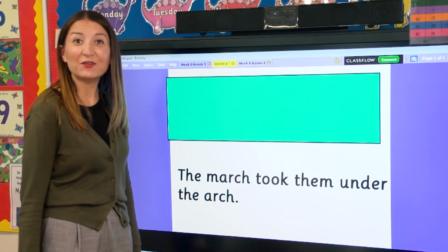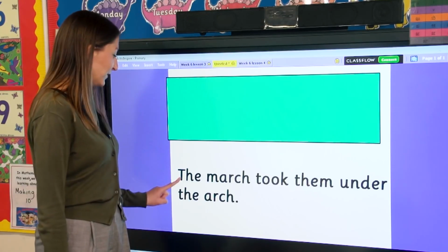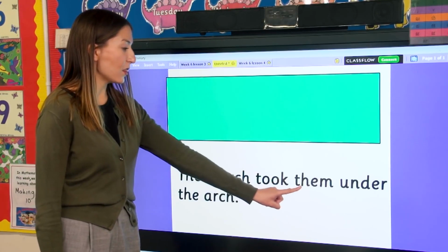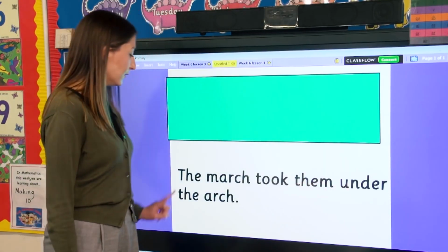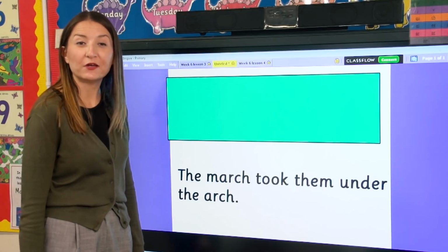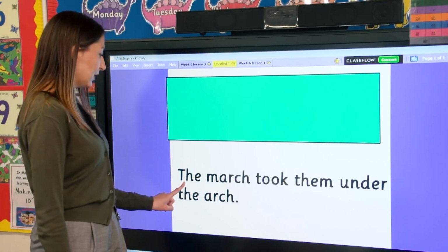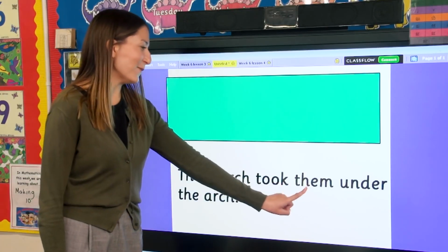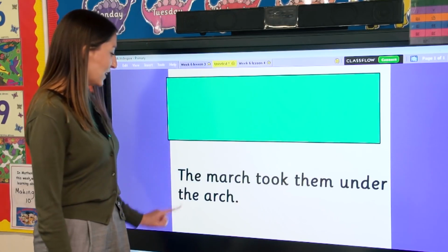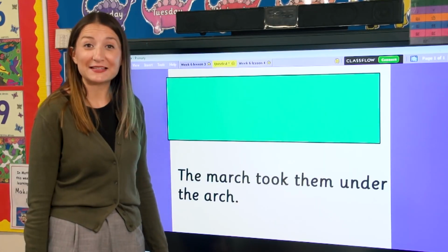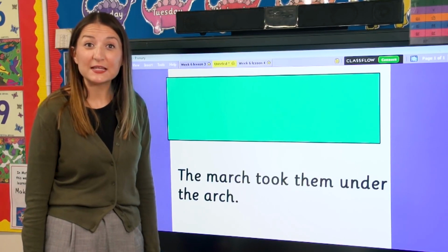Excellent reading. Now let's read the sentence together. The march took them under the arch. Let's read it together one more time. Read as I point. The march took them under the arch. Wow, let's finish by spelling some words, because if you can read a word, then you can have a go